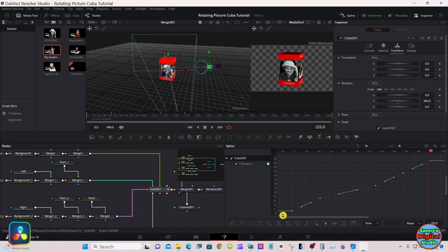Highlight all of them. And select smooth. Rotate each one of these handles so they're perfectly horizontal.